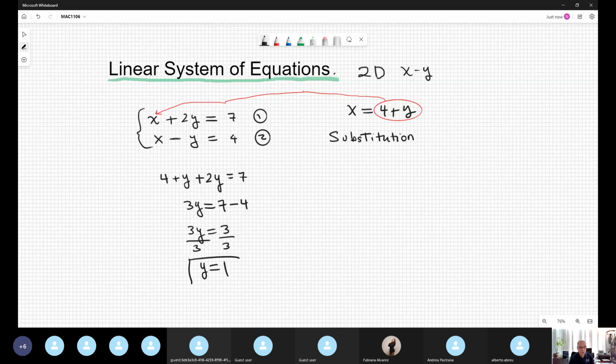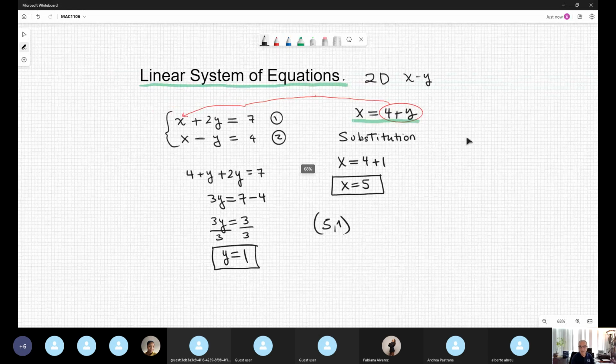Did I finish? No, because I need to find the ordered pair x, y to satisfy the system. Well, we have two variables. But use substitution one more time, y equals 1, in either equation, in equation 1 or in equation 2. It doesn't matter, the answer is the same. However, I want to substitute here. It's ready, because x is isolated, waiting for me. So it's 4 plus 1, y equals 1, therefore x is 5. Now the solution is the ordered pair 5,